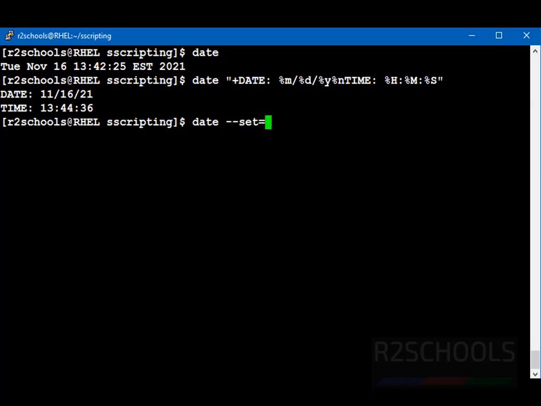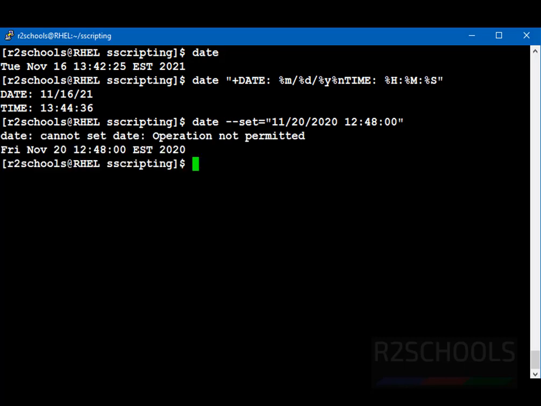If you want to set the system date, we have to run the command date --set equals the new time. Press enter. See, we got an error because to set the system date we must have root privileges, or we must log in as the root user. Just switch to the root user and execute the above. At present I am not interested in changing my system date, but if you want to change it, use date, then the --set option equals the new date.